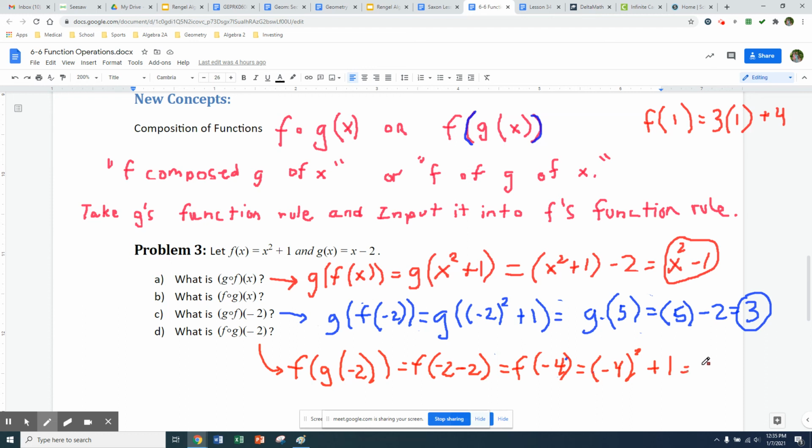And -4 squared, be careful when you're doing negatives to even powers. That's going to be a positive answer. So it's helpful to put parentheses around those numbers when you're raising them to powers, so you for sure tell your calculator that it's the -4 base. And we'll get 16 plus 1, which is 17. So again, you're going to see that when you flip the f and the g around, you will not get the same answer as you did doing it the other way. So our composition of functions, we can go